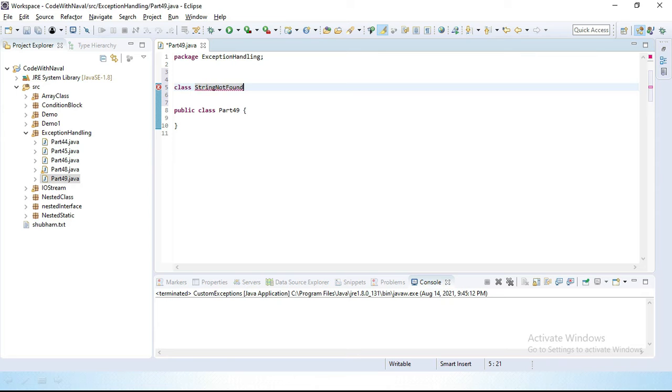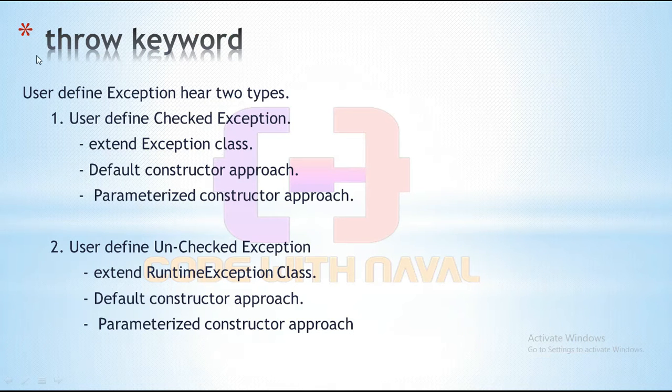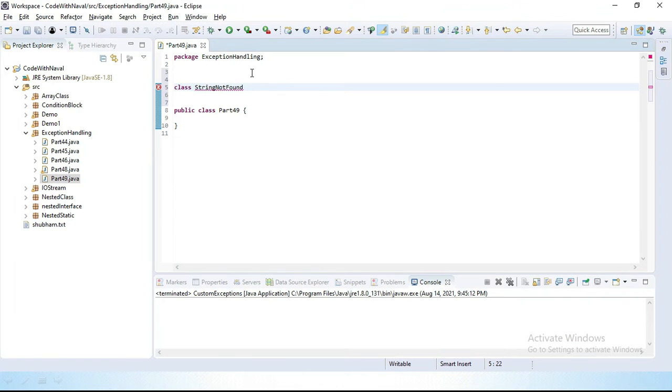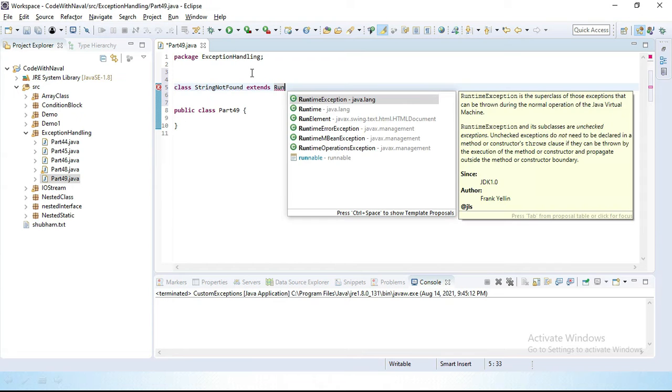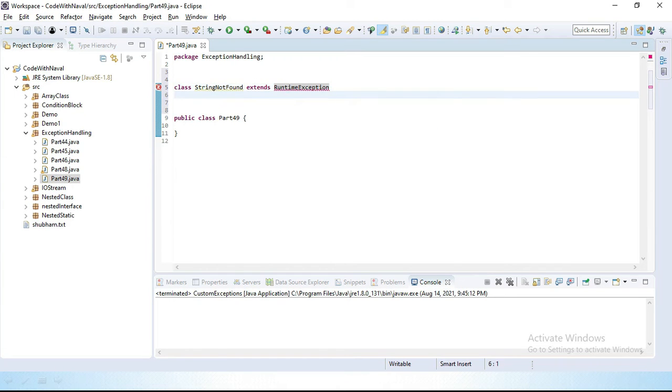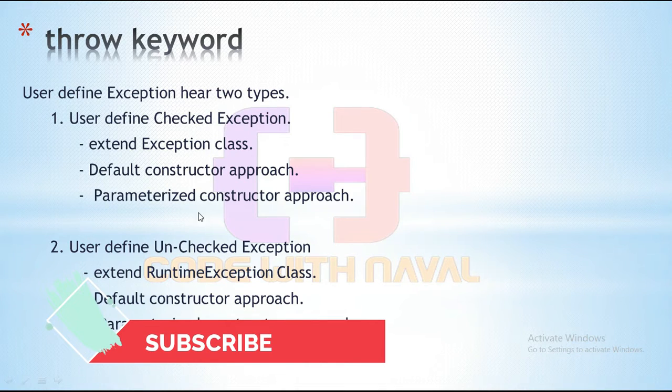Okay, this one is a class. And we saw that for creating an unchecked exception class, we have to extend the RuntimeException class. Okay, let's extend that.